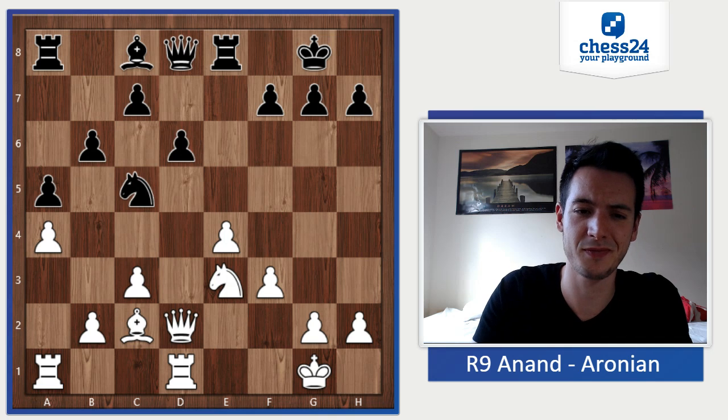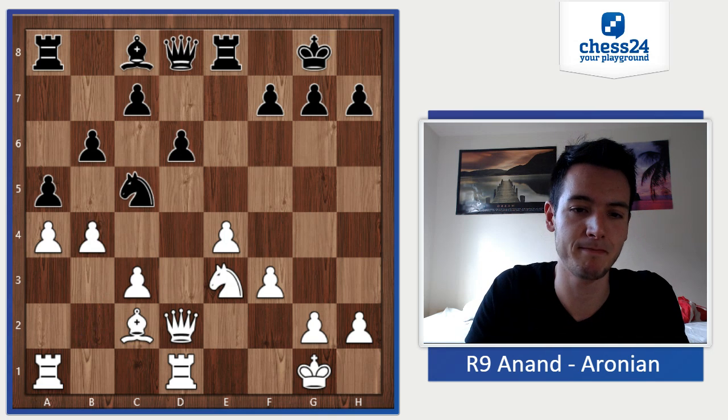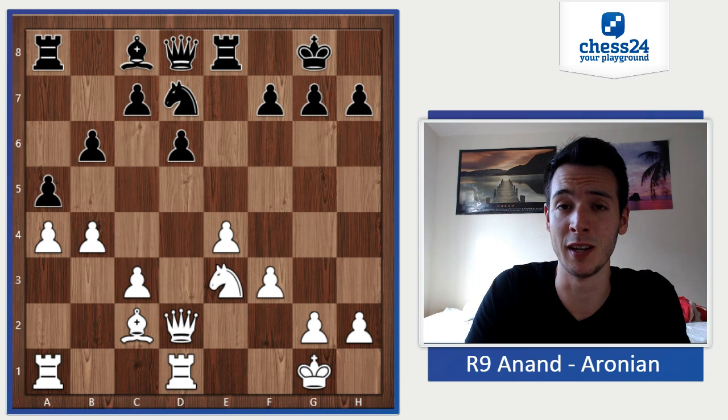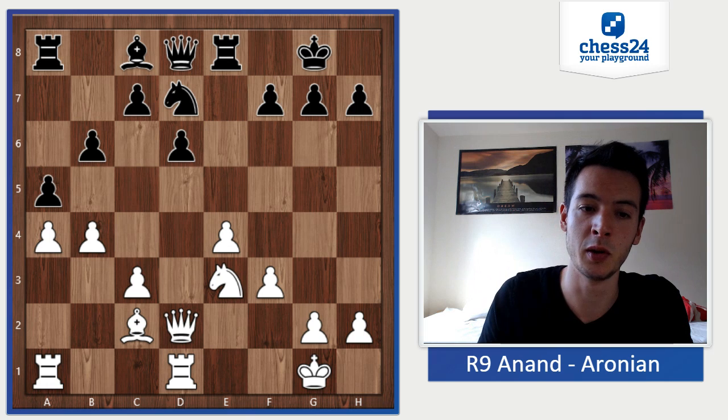But here, this provoking of b4 didn't seem to make a lot of sense. Now black just returns to d7, and it seemed to me that white wanted to play b4 at some point anyway, so